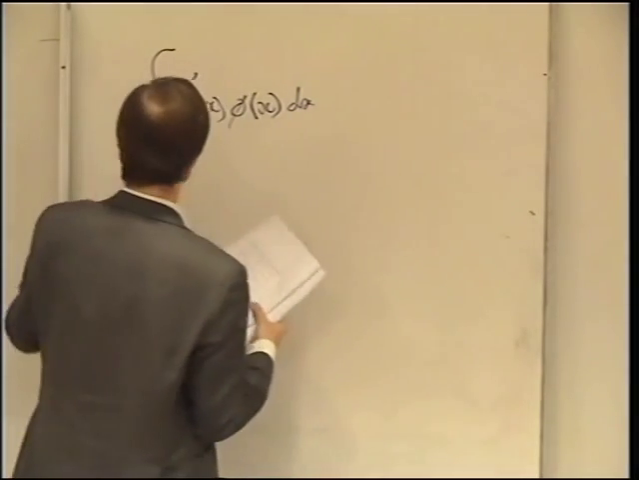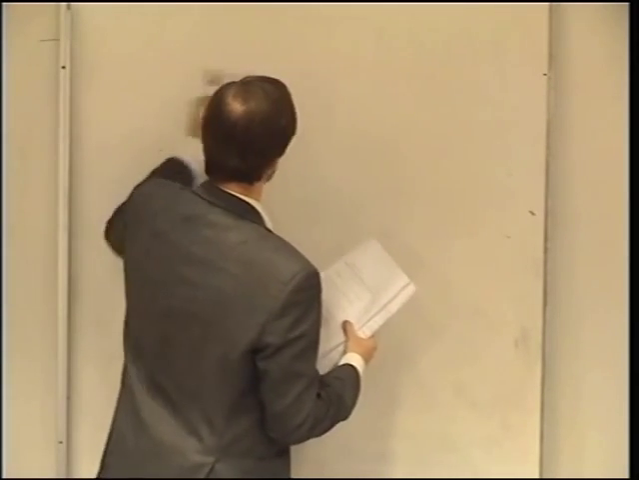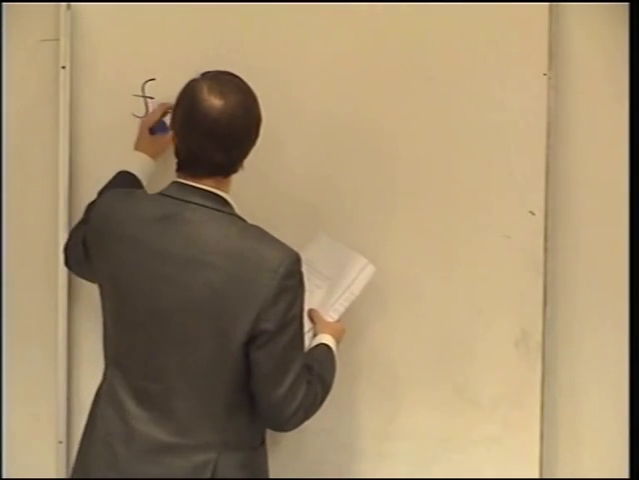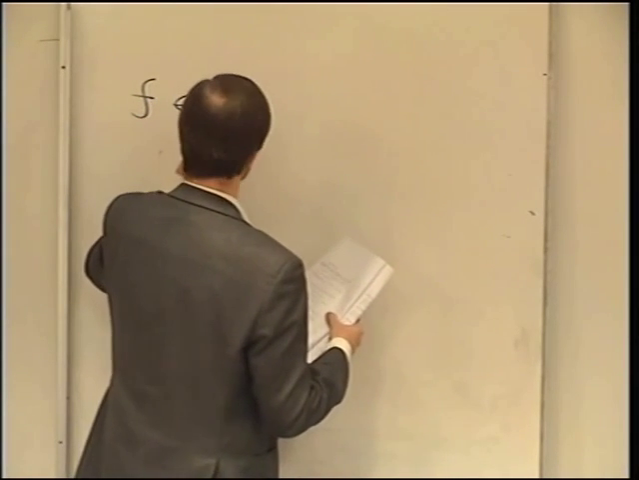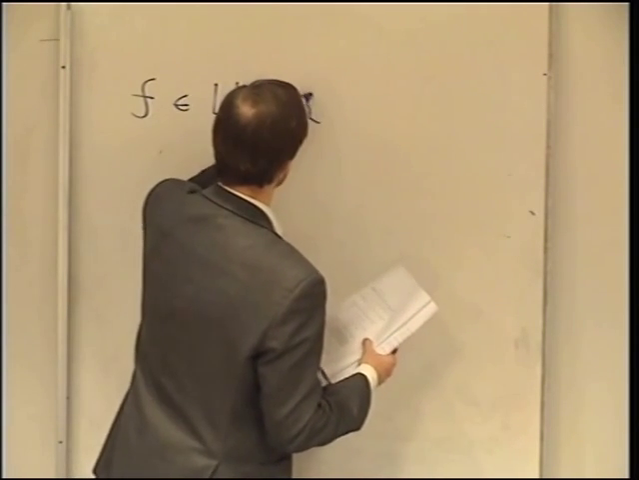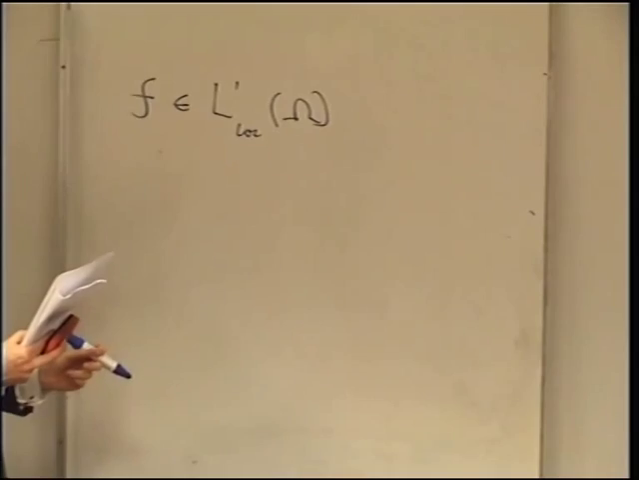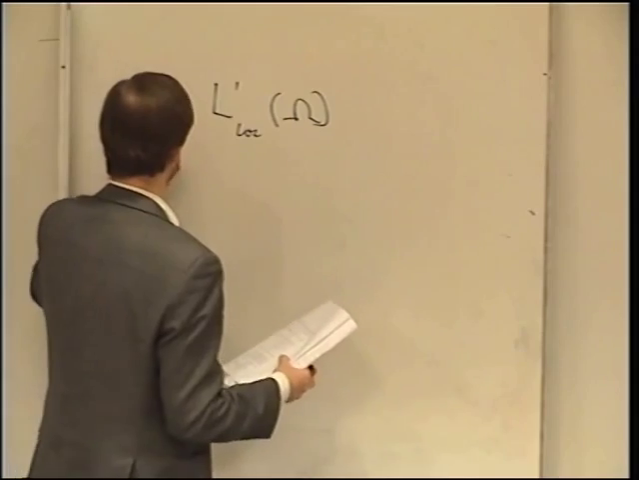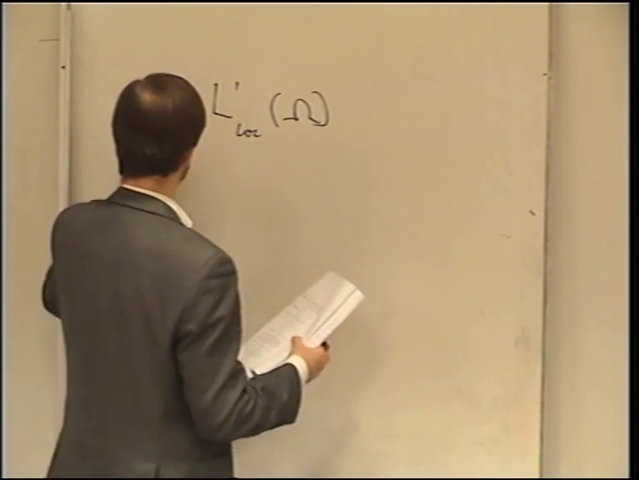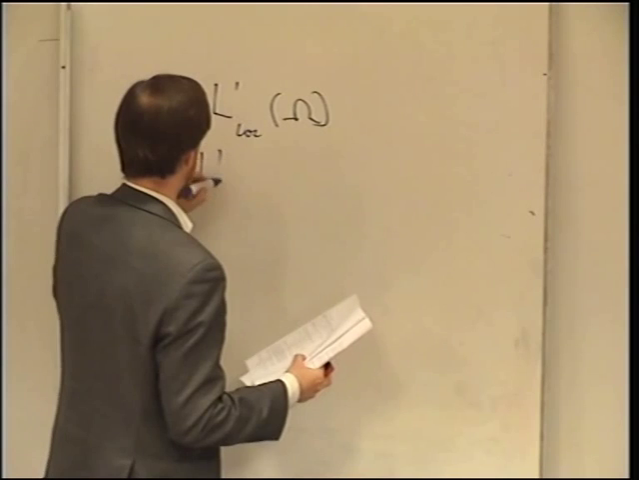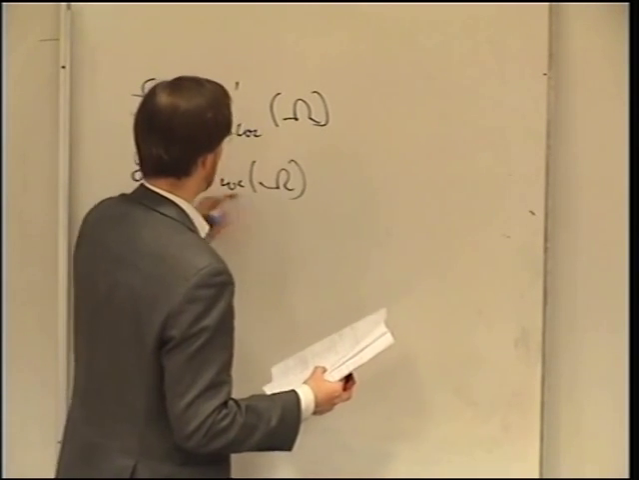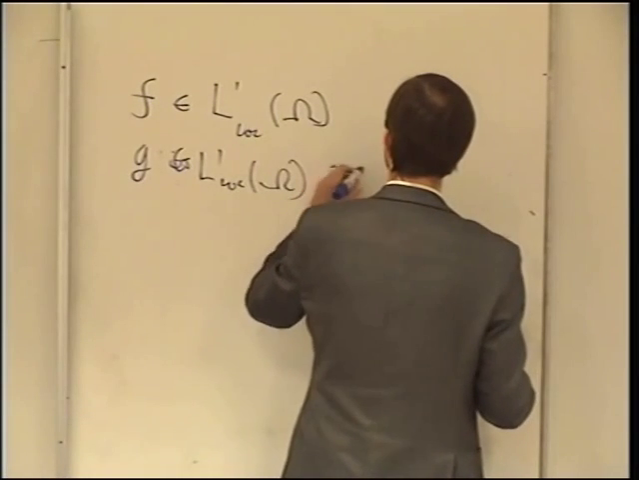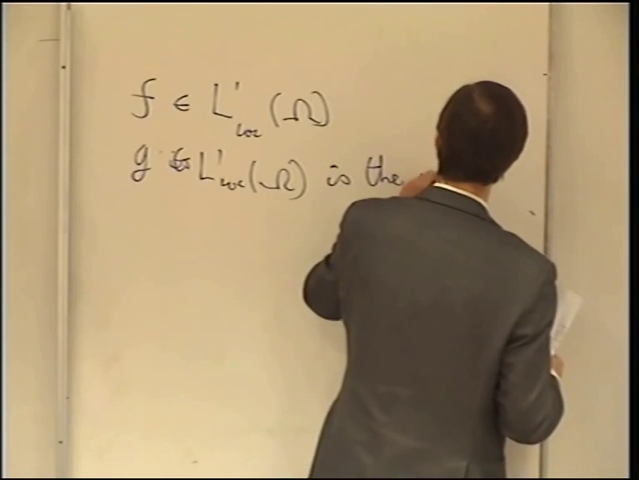So let's assume, I'm going to have to move down because otherwise I'll fall off the top of the video. So let's assume that our function f is at least in L1 loc of omega. So we at least think we can integrate f. Then we say that g is, which also needs to be an L1 loc, because we need to be able to integrate this guy as well, right, in order to do anything useful. We say this guy is the weak